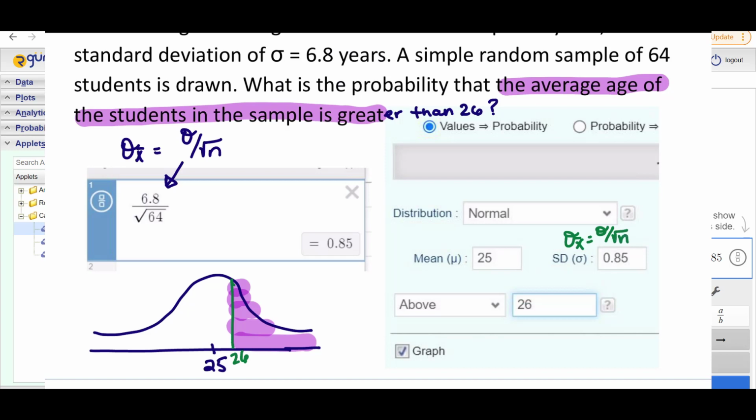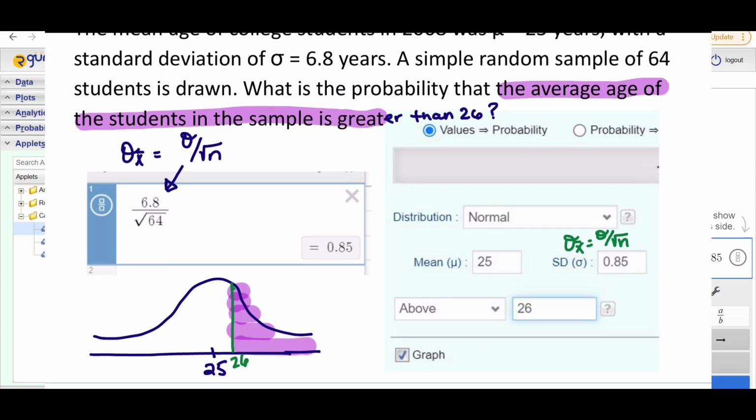So you have to calculate that first, which is why I usually pull up the Desmos calculator, calculate this, and what I do is I copy this and paste it right into here. So I don't even have to type this out. I just copy and paste it right there. Makes it so much easier. And then the rest should be similar to what we did in the previous video. We want above 26. So above 26, click graph,